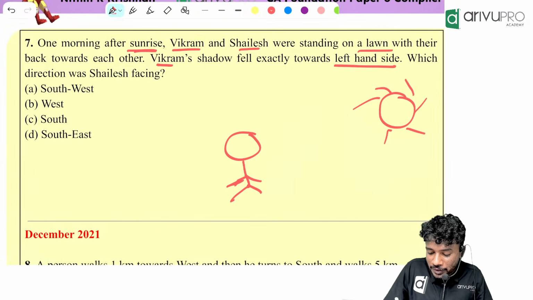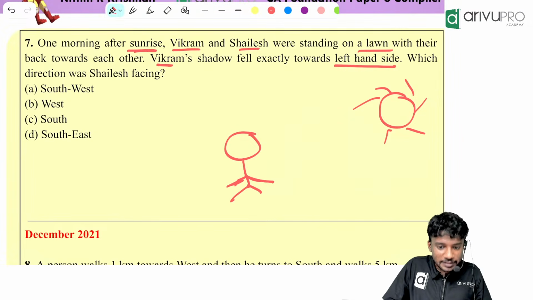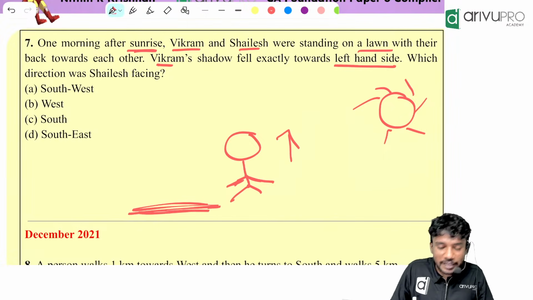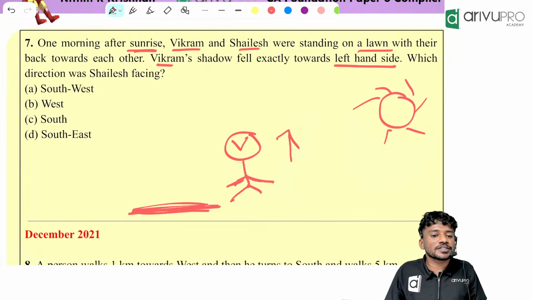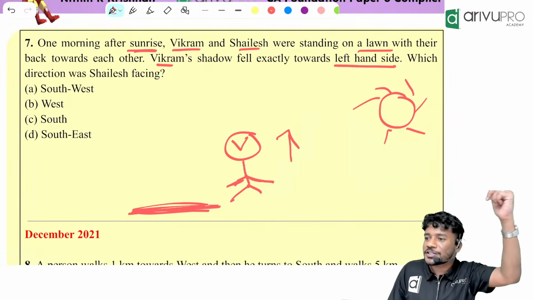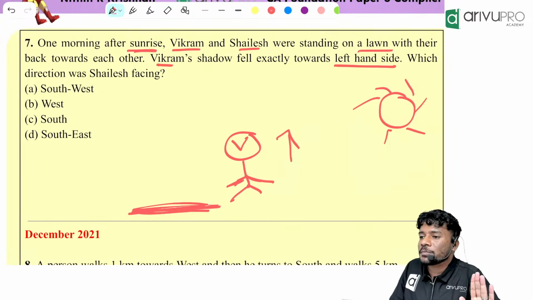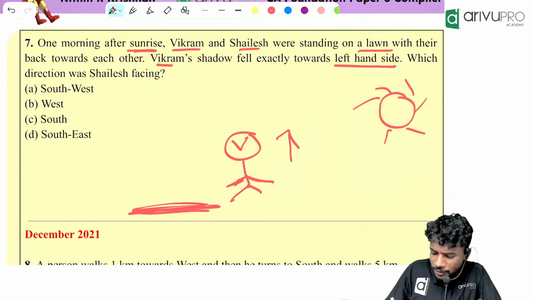I told you already, in the morning time, a person looking towards north, his shadow will be falling where? The left hand side. Correct? So who is looking towards north side? Vikram is looking towards north side. Then both of them are looking in the opposite direction, right? So here